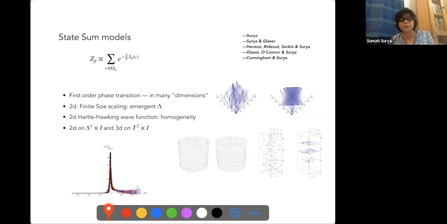And when you do this, you take this object and put it on the computer, do Monte Carlo simulations. And this was a bunch of things that we did with several people here, including very important finite size scaling analysis with Dindro and Lisa Glaser. And there were certain characteristics that come out in this